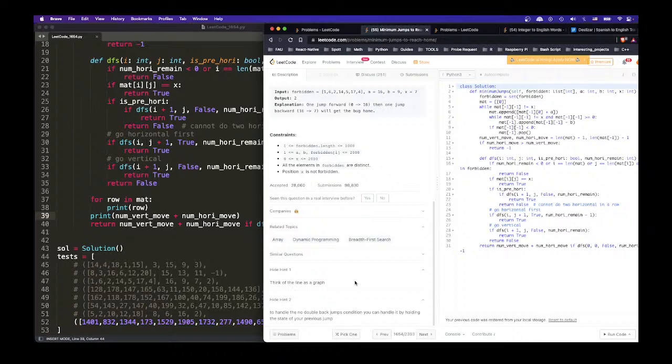But if the previous one was going back, then I can only go forward. So now we see if the node has been visited before. If it has been visited before, we just don't keep going. If it has not, then we just keep going, and then we try to see if we can reach the